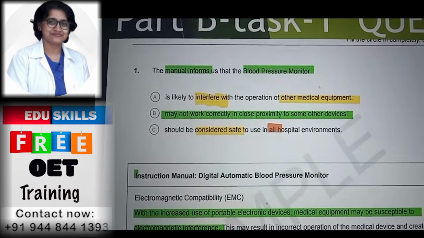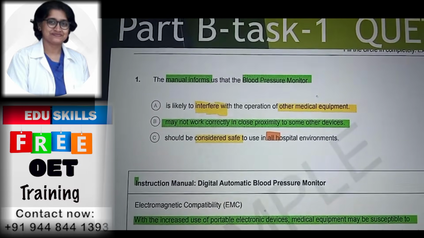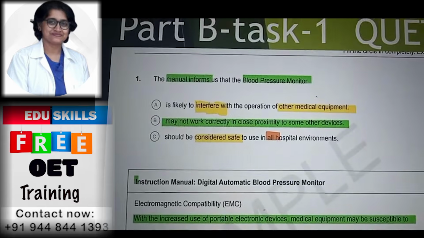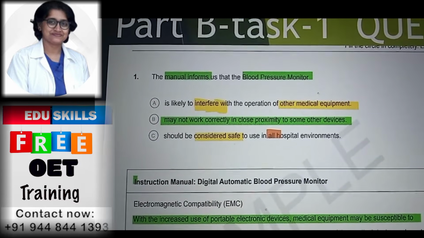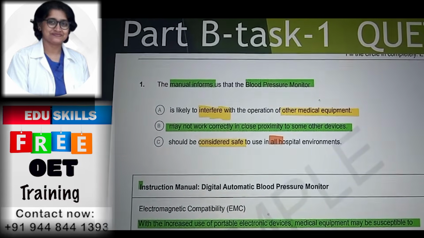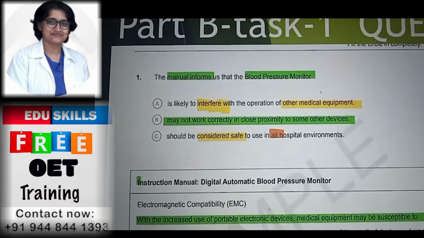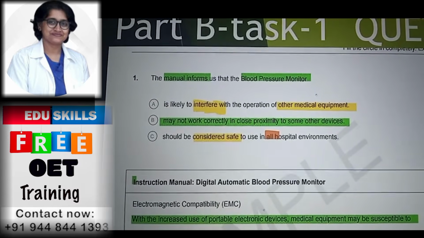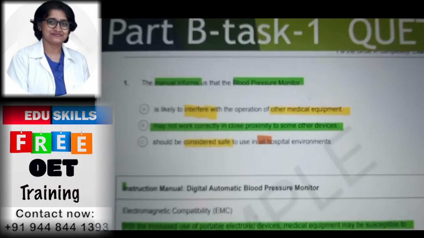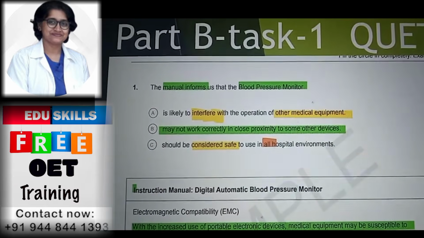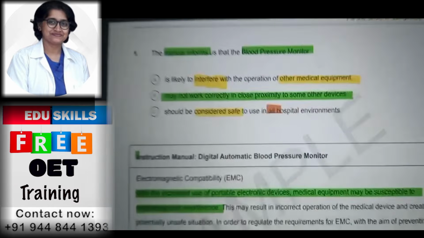So from this, first of all, as per father strategy, we have to eliminate the option which has an absolute. So the meaning also should be an absolute. So option C we can eliminate. So now we have remaining two options only, option A and option B. When we come to the text,